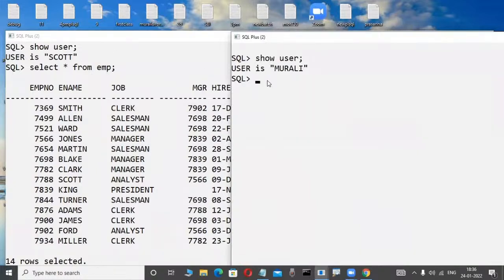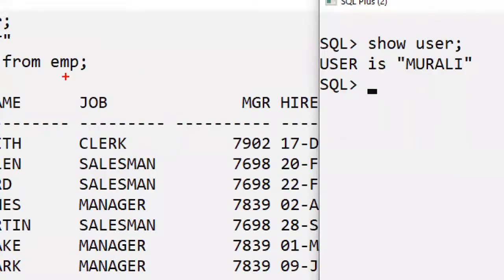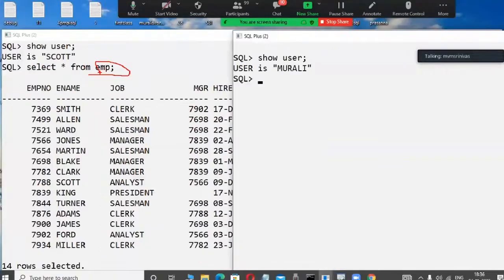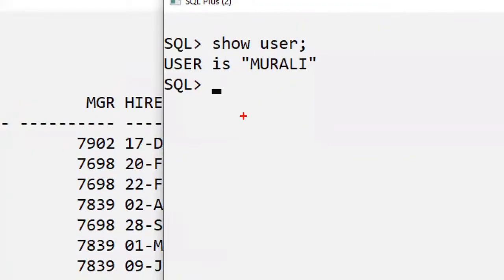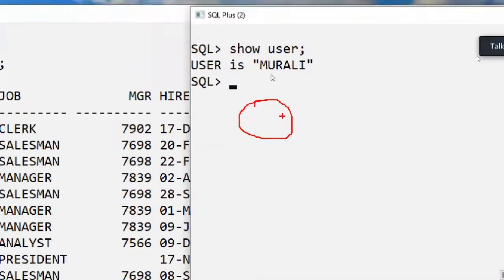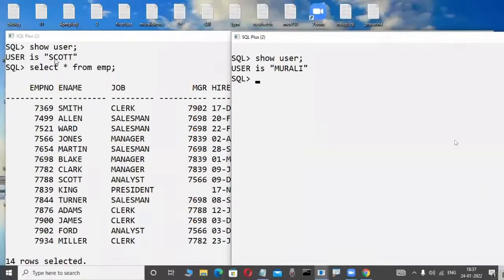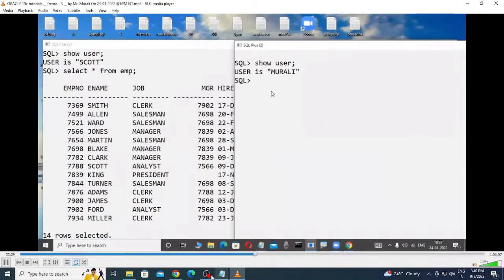For example, in a database project, a relational data model product, either Oracle or SQL Server, anything. Roughly, now Scott the employee has which table? EMP table is there, the employee details. Murali does not have this EMP table, for example. Now, this user Murali is using this Scott user's table. Some commands are there, SQL language is